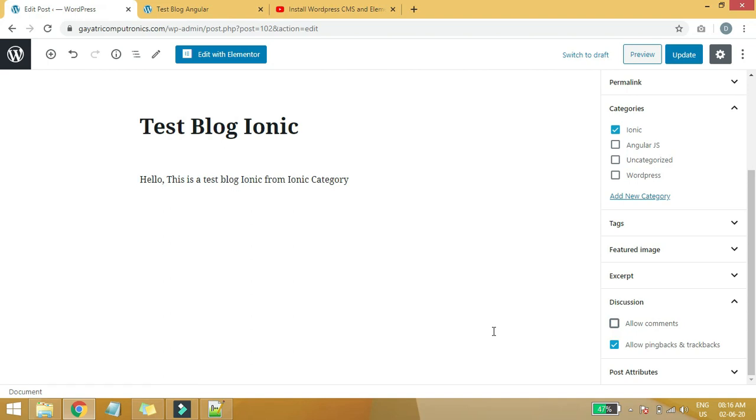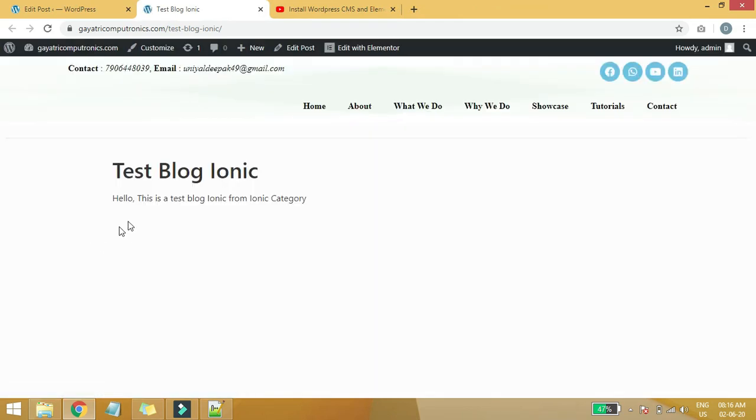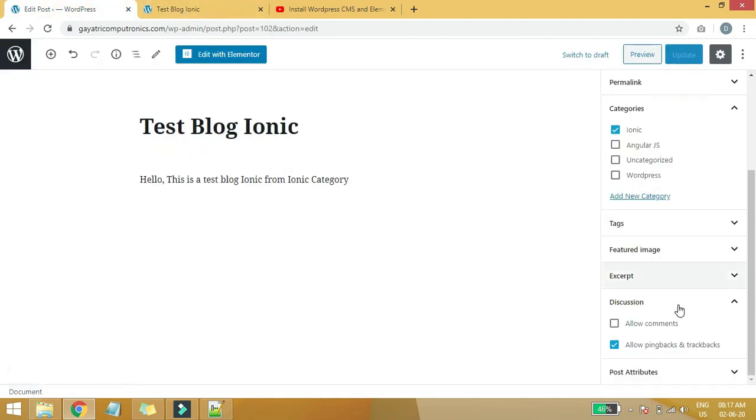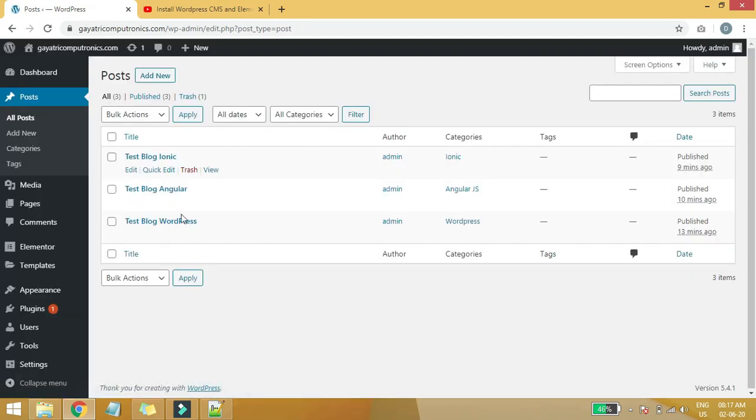Discussions, if you simply uncheck and update and again view this post, now you will see that the comment section has gone. So like this, if for some particular post you don't want commenting, you can simply uncheck here.